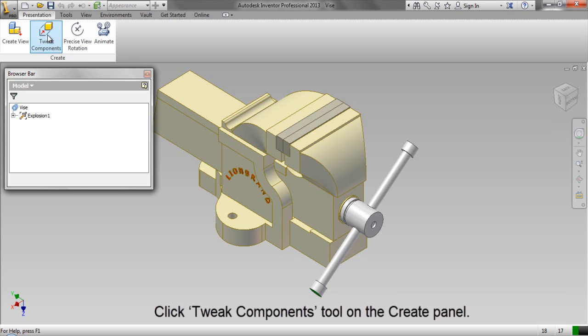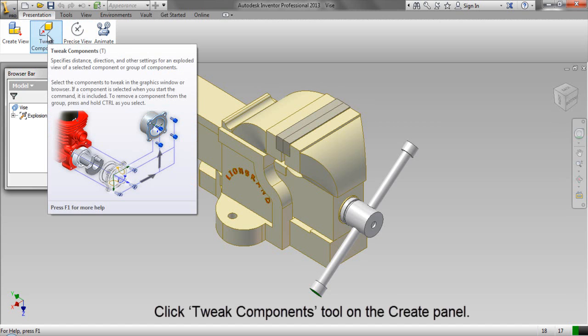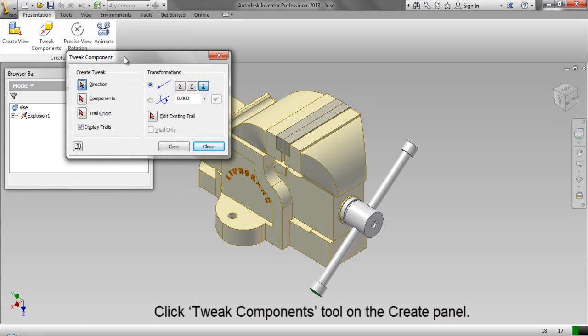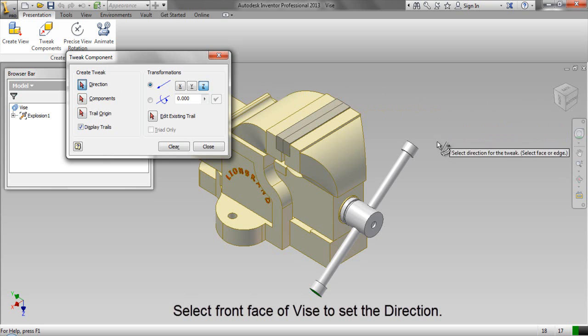Click Tweak Components tool on the Create panel. Select front face of vise to set the direction.